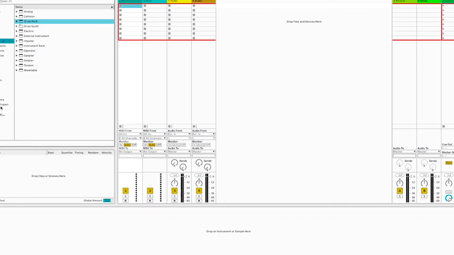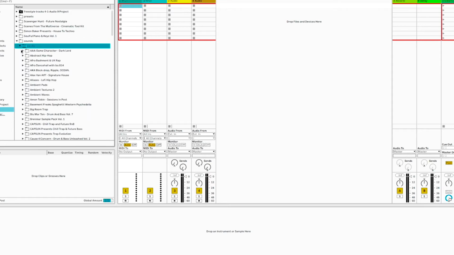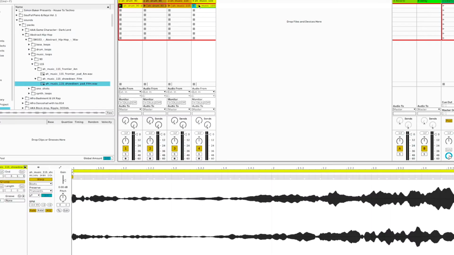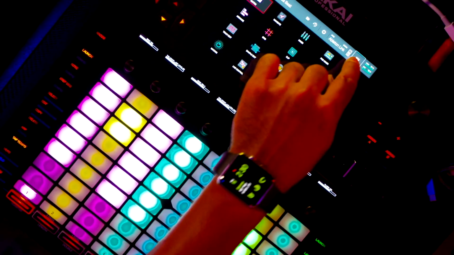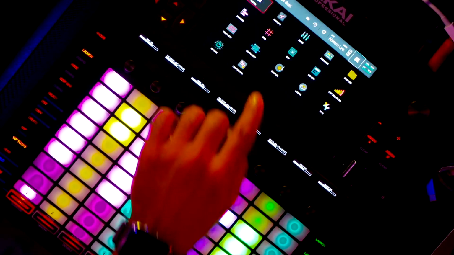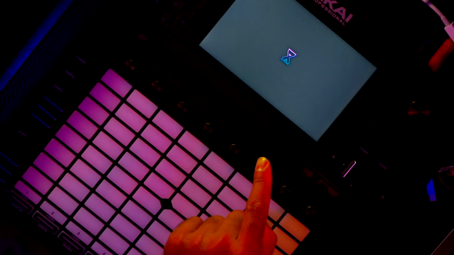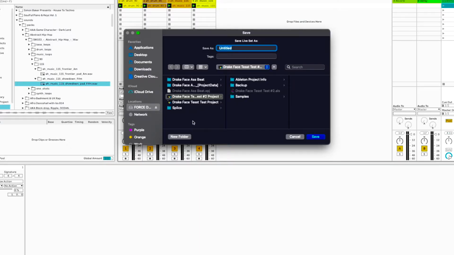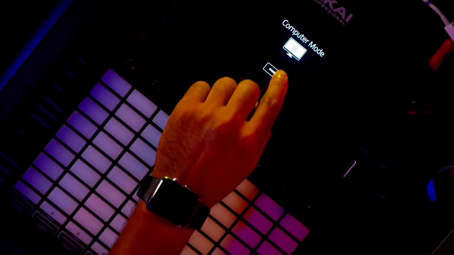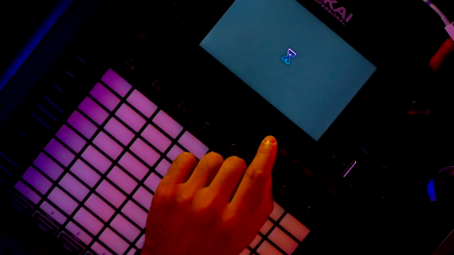So what I'm going to do now is go to Splice and grab a couple of sounds. All right, so I have 4 different sounds that I've grabbed here. We're going to go into computer mode, not standalone mode. Put this guy into computer mode. Boom. All right, so now it's in computer mode. We're going to save this onto the Force drive, and we're going to call this one Use the Force. And then we're going to go back into standalone mode on the Force,